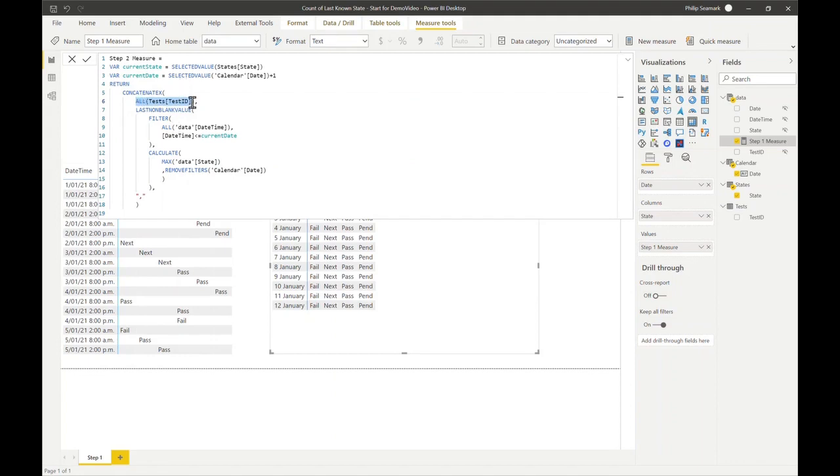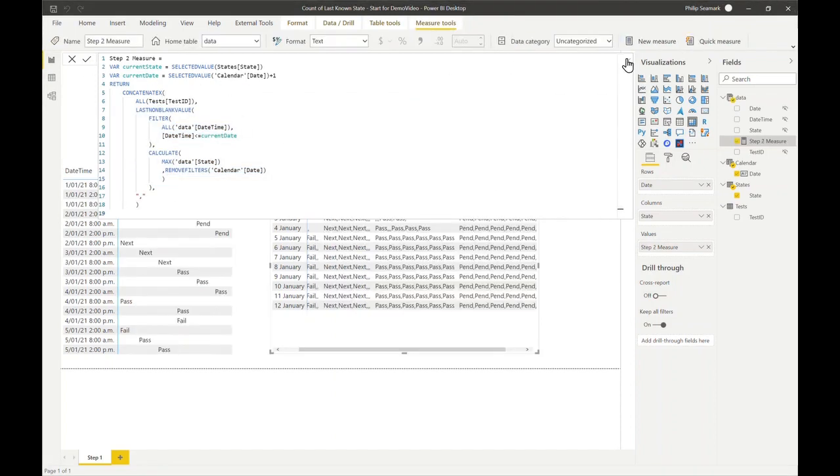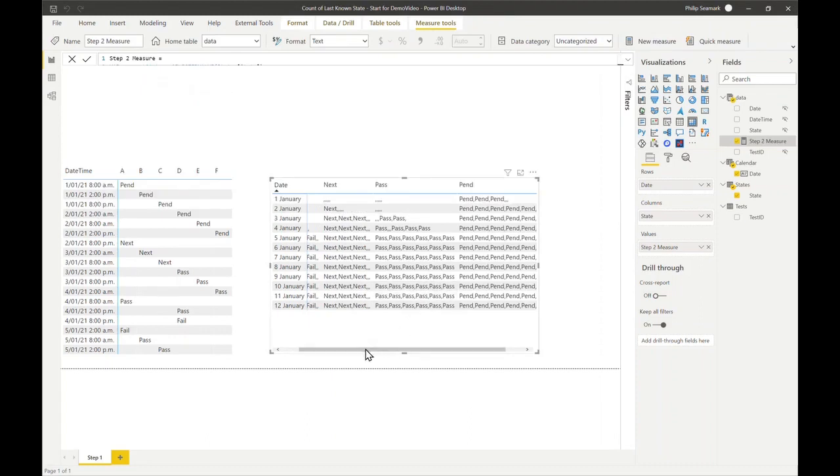Now for each one of those test IDs, so for A, work this out, and then for B, work this out, then for C, work this out. But what I'm going to do is just concatenate the results of those loops with a comma separator to the screen. So if I click OK now, what we're going to see in the same visual